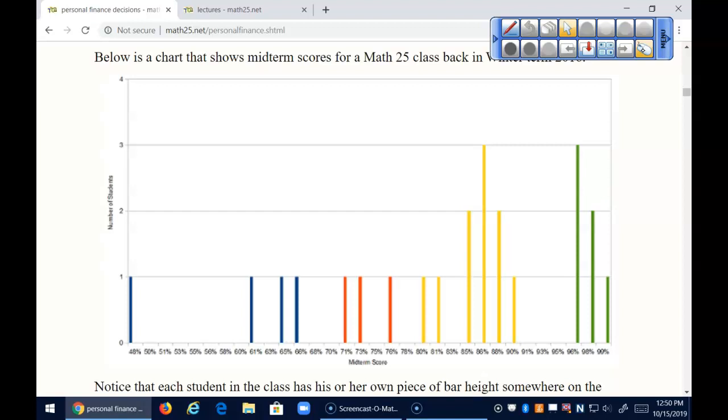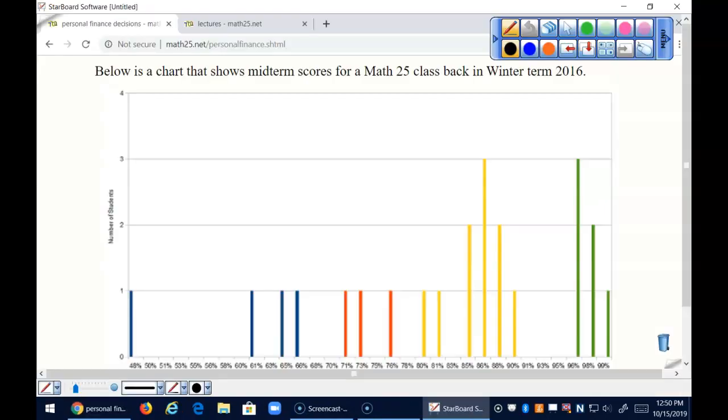Okay, in this histogram, what I want you to notice is that each student has a piece of bar somewhere. If I was to say 3 students got either 86 or 87, that's what this bar is about, then that means that here's a student, and here's a student, and if I get another color, here's a student, right? So maybe this one is Maria or something like that. There was a real person that got a real score here. And each little section of bar represents one sample from the data.